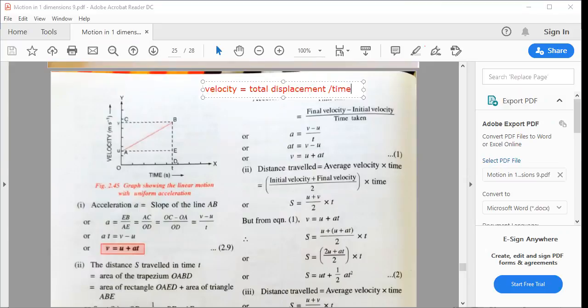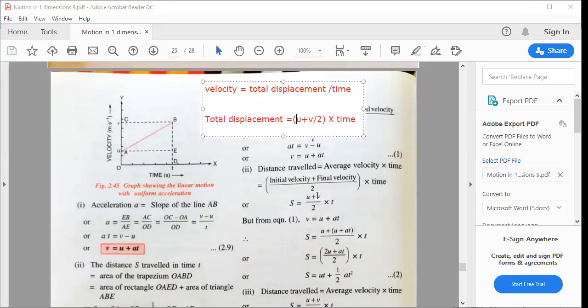This was the thing, na? So now we have to write what is total displacement. Total displacement is velocity into time. Now average velocity means what? It is not v. Average velocity means u and v: the initial velocity is u and the final velocity is v. What is the average? Average is u plus v upon 2. So average velocity is initial velocity plus final velocity upon 2, into time. So displacement is u plus v upon 2 into t.